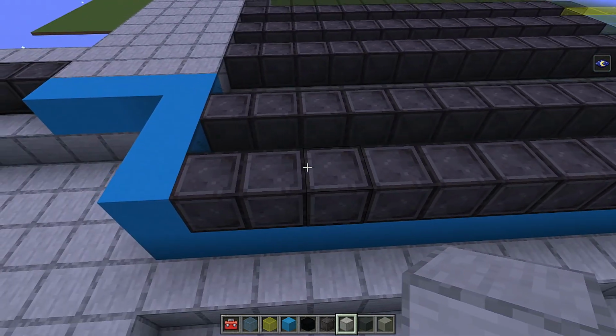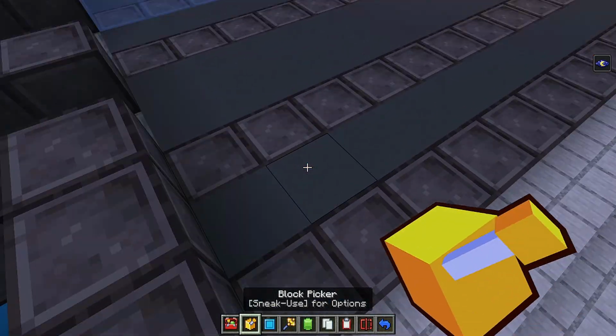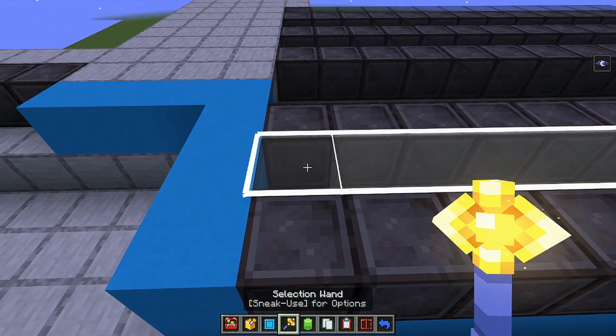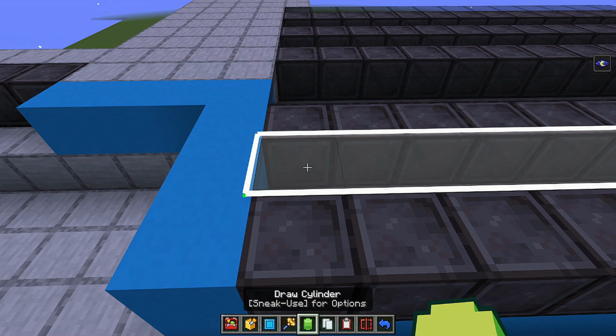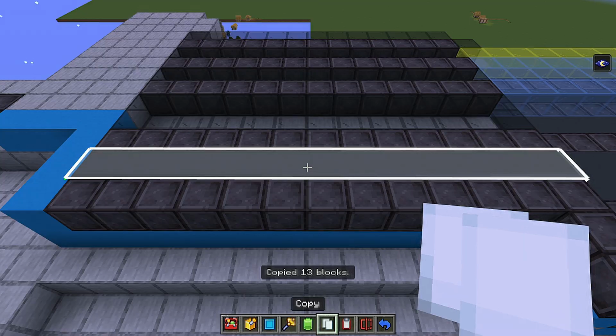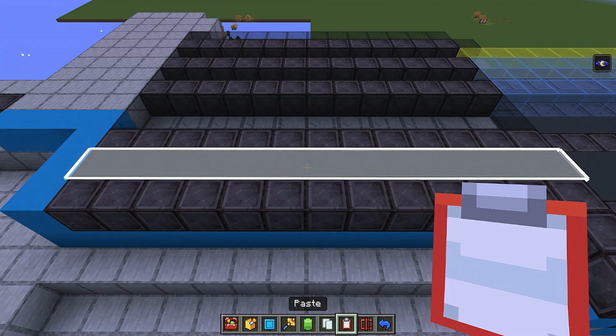And once again, just in front of it, let me just choose the block, grey concrete, and it's going to be another row of 13, which I'll fill in now, and fill. As you can see, there are 13 blocks filled in, so I'll just copy it. Okay, so the row in front of it is going to be netherite, as you can see there, so that's